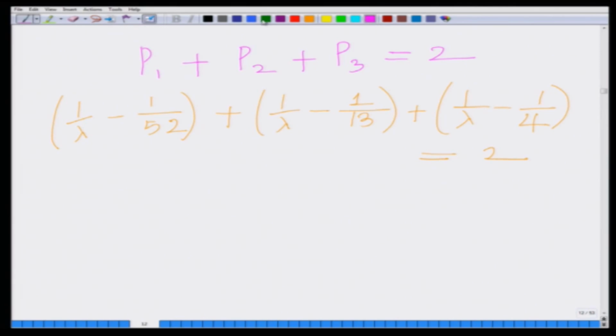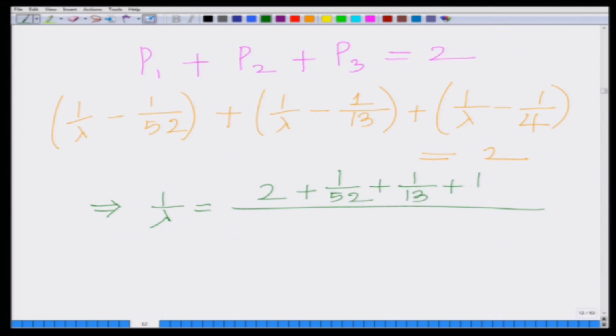And now I can solve for 1 over lambda, which implies 1 over lambda equals 2 plus 1 over 52 plus 1 over 13 plus 1 over 14, divided by 3,